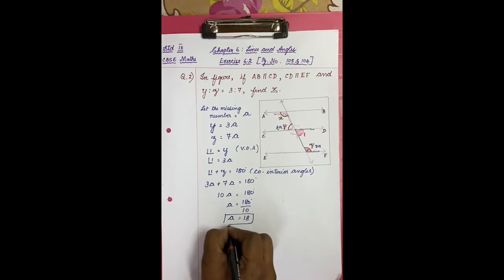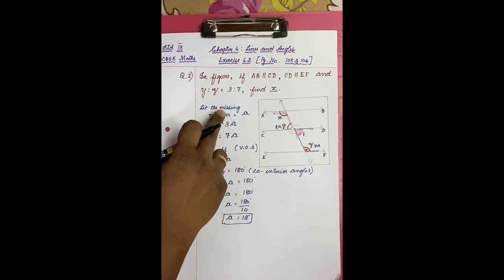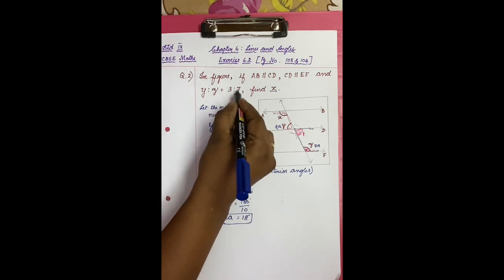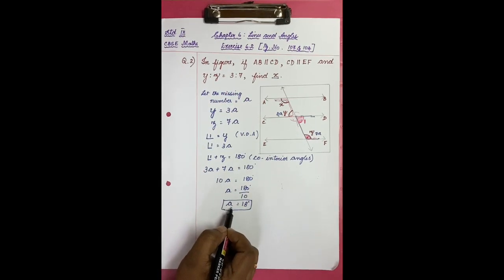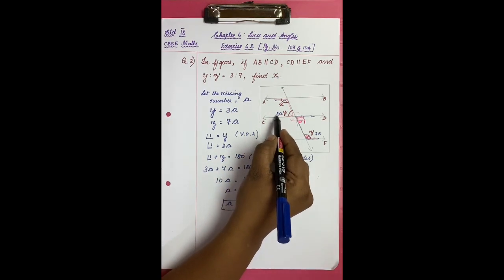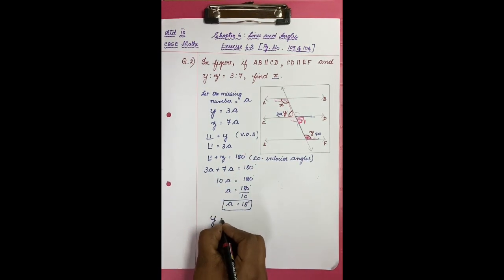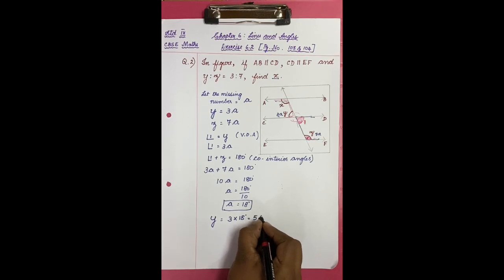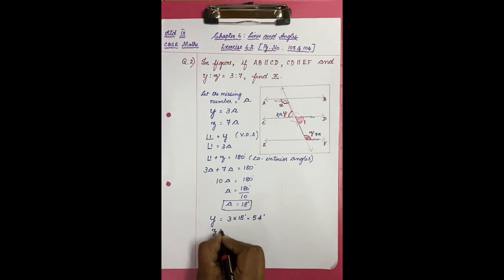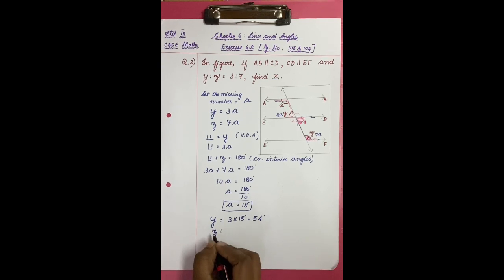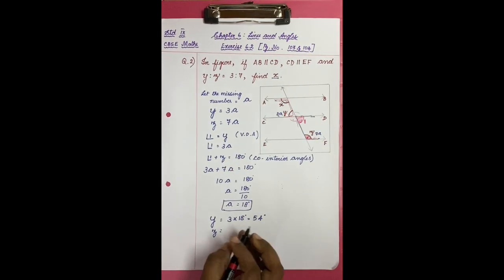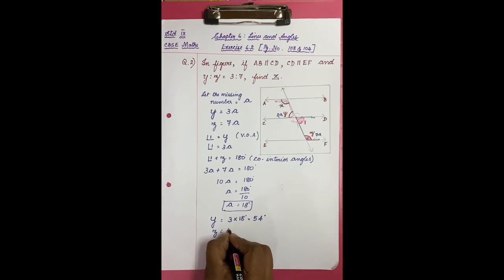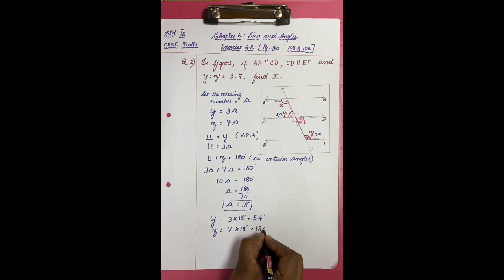degrees. So we have got what value? a is the missing number for the ratio. So we have got the value of a. Then using 3a, we can get the y value: y is equal to 3 into 18, which is 54 degrees. And z also, though they are not asking the value of y and z, they are only asking us the value of x. It is okay if we just solve this because it is very simple. 7 into 18 is equal to 126 degrees.